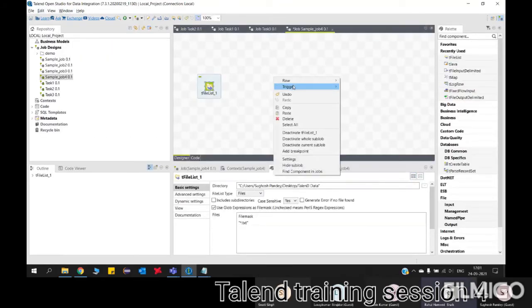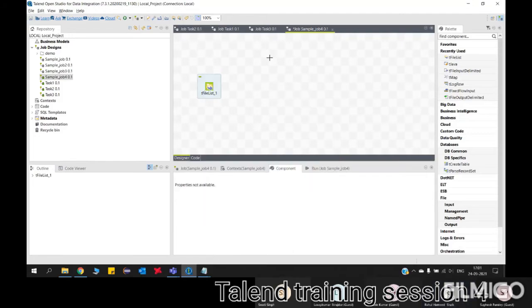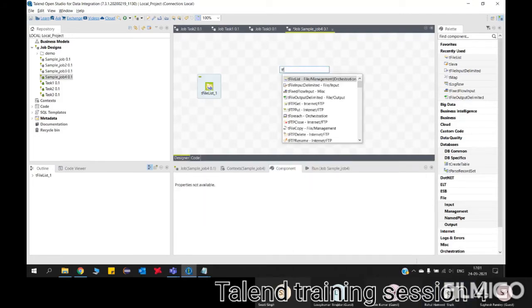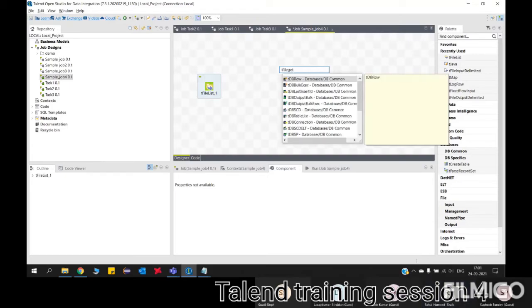Okay, now take tFileList. tFileList we have taken right now. Now the tFileGet component.